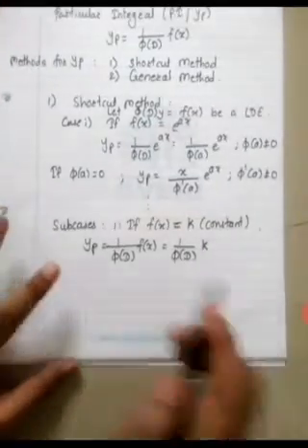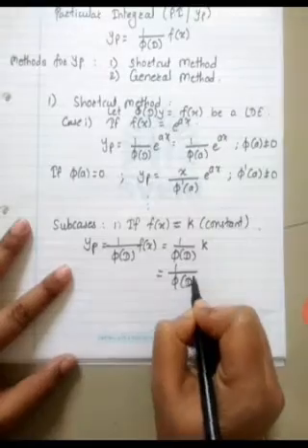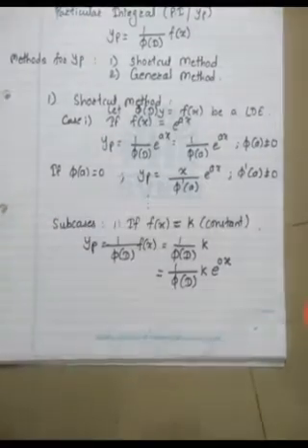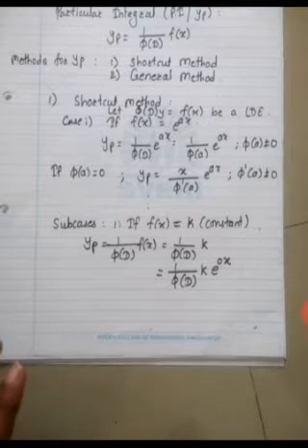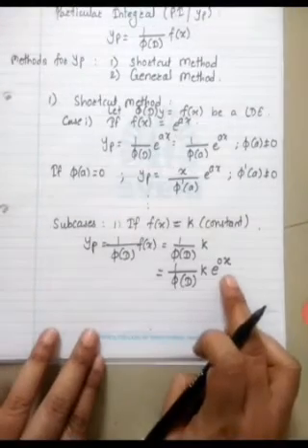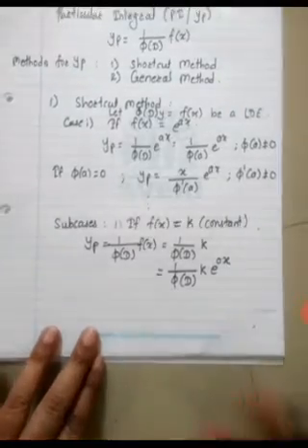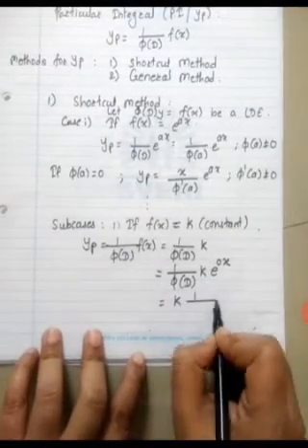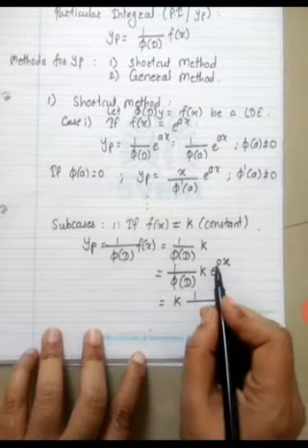What you do here is 1 upon phi of D into k into e raised to 0x. Is there any doubt? The term is not changing, right? e raised to 0x is 1. So you have to convert this case into the e case. It is converted. So k is constant, outside. 1 upon phi of D, now this will apply on this, and D will be replaced by 0.